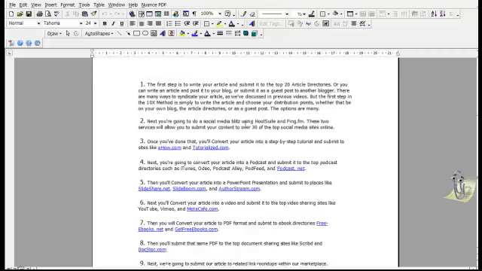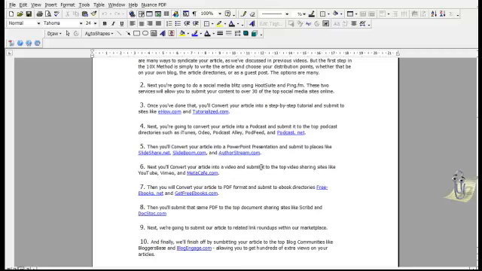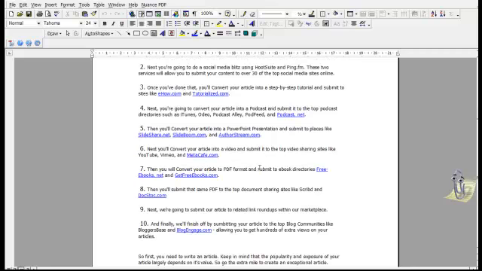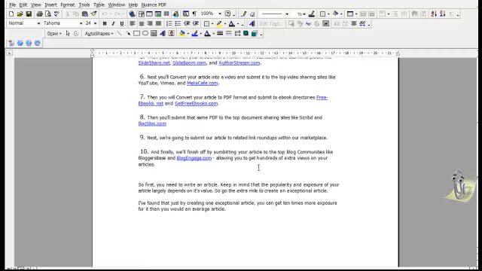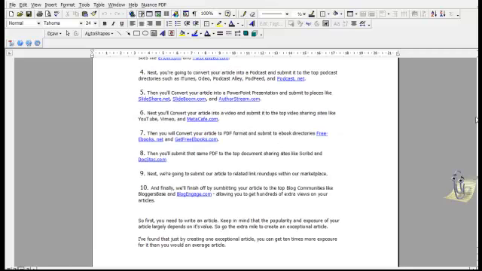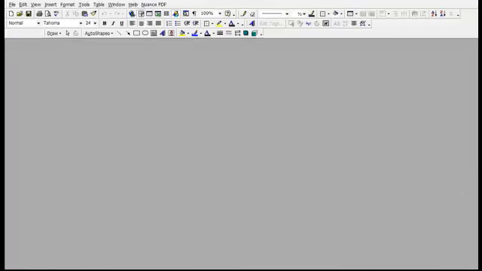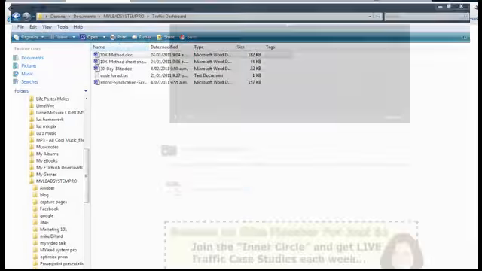The first step is she writes the article, then she puts it through social media like Hootsuite and Ping, and then she converts it into a step-by-step tutorial and submits it to tutorial sites, and then she converts it to an article and into a podcast. So, the list goes on until she gets to the bottom, and she basically has 10 different ways of turning an article into